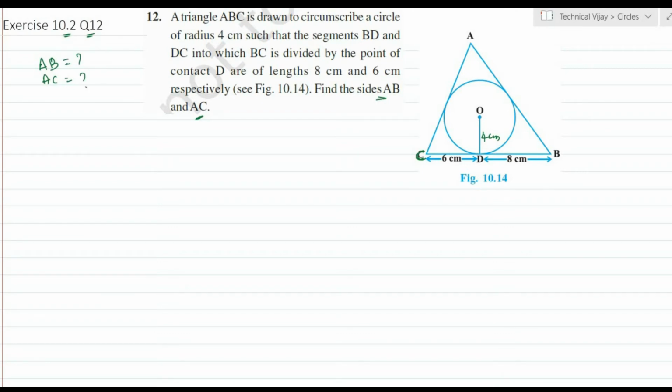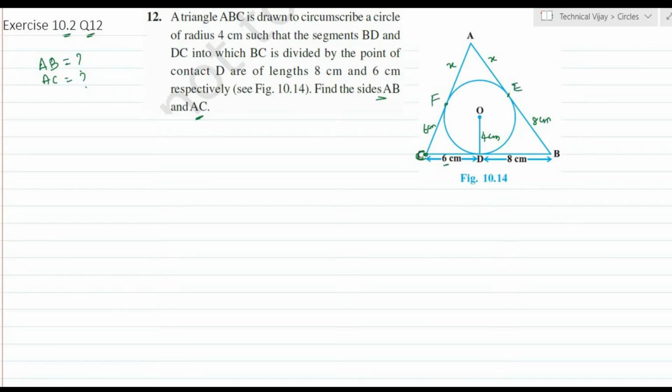So here he has given 6 cm and 8 cm. So when this is an external point from which tangents are drawn to this circle, this is 6 cm means this is also 6 cm. Okay, and here this is also 8 cm. So from this point to this point. So now we will construct, this is 6 cm and this is 8 cm. So let us consider this one X and this one X, that is A to this point and A to this point. So this will be here F and E.